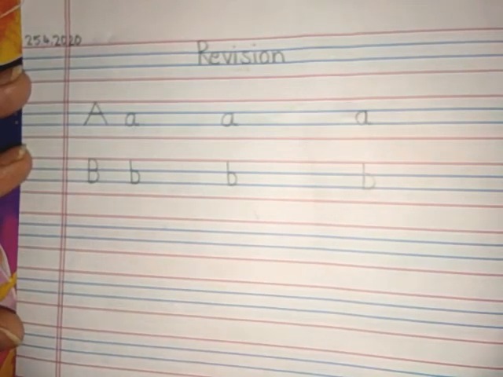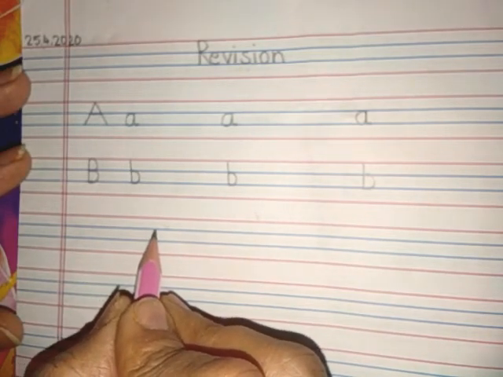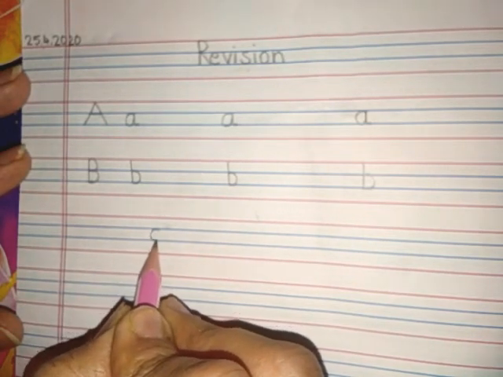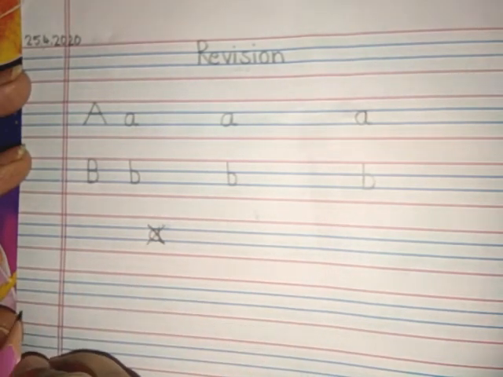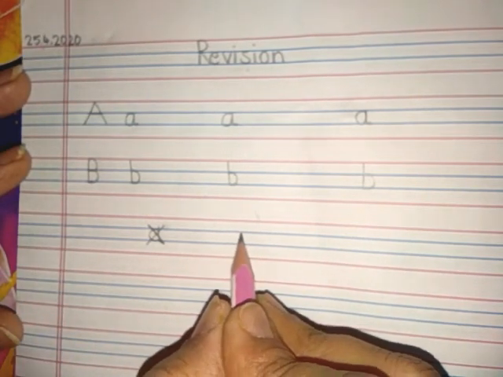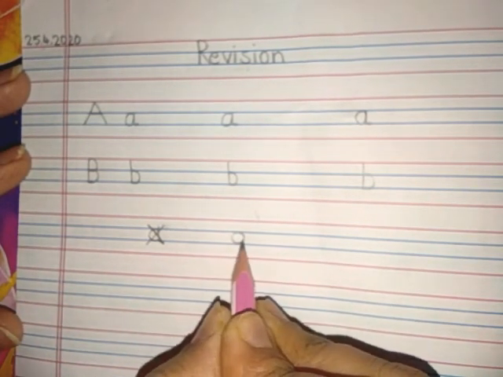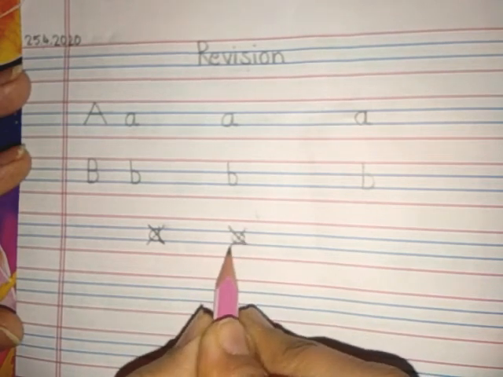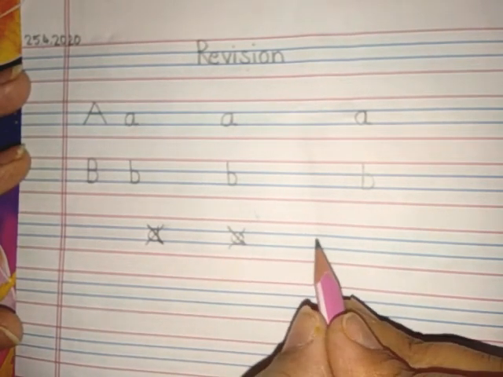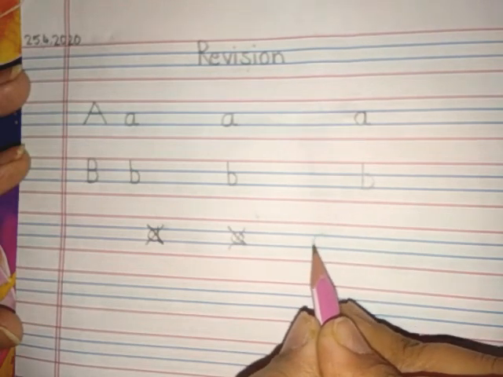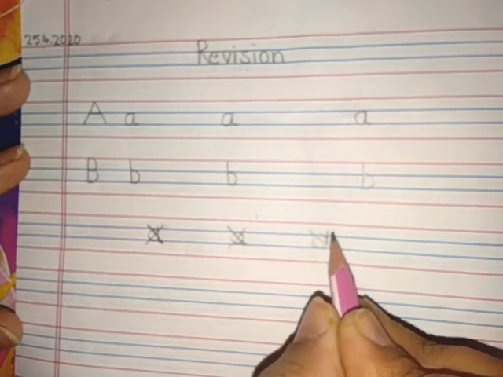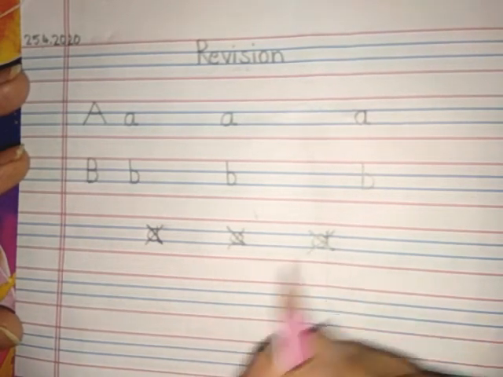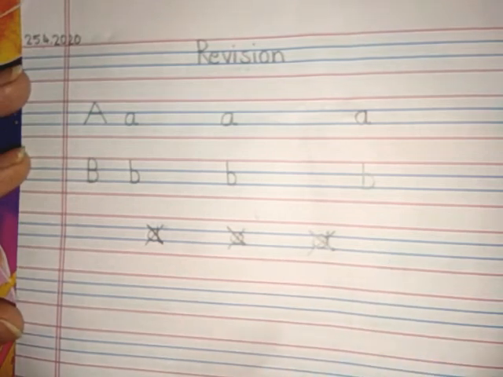In the homework I have received, many of you have written small letter A like this. First you made a curve, then you made a standing line like this. This is wrong, children. Few of you have made a circle like this and then made a tail here. This is also wrong. Few of you made a circle, then a line like this. This is also wrong. You are lifting your pencil again and again. You're not supposed to lift your pencil.